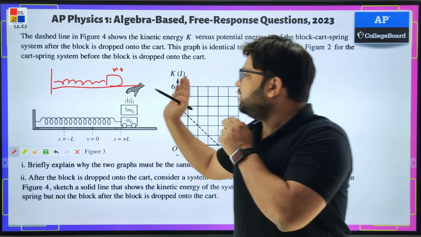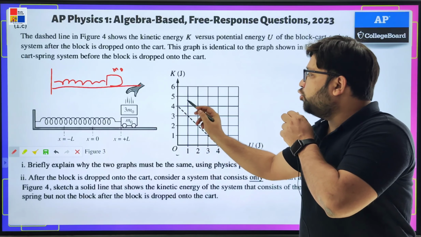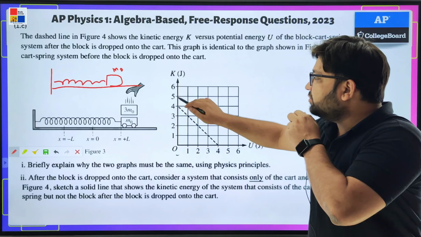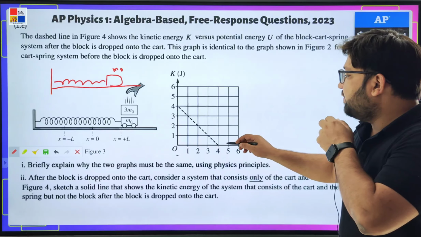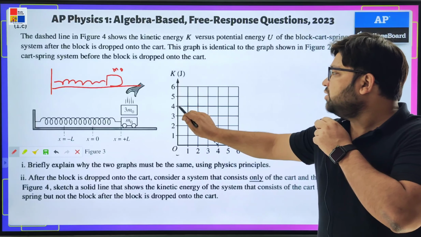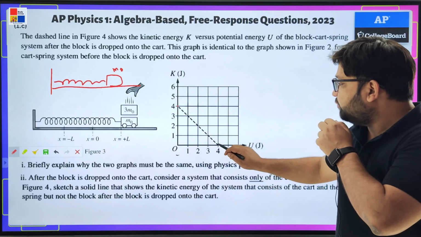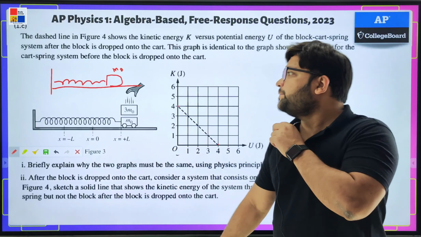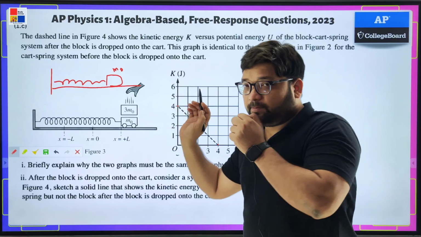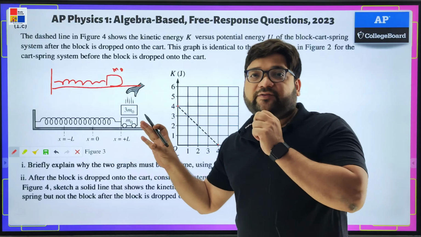In this case also, the total energy of the system was 4. So obviously, the maximum kinetic energy is going to be 4. The maximum potential energy is going to be 4. And this happens when? At this point, the potential energy is 0. At this point, the kinetic energy is 0. This was the situation. But even after you are placing this 3M naught block on this one,